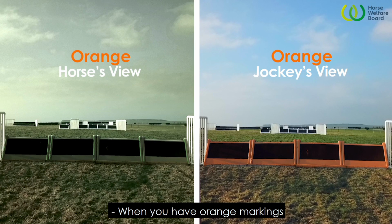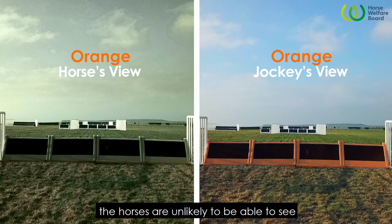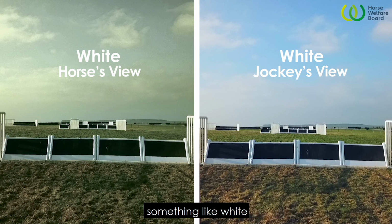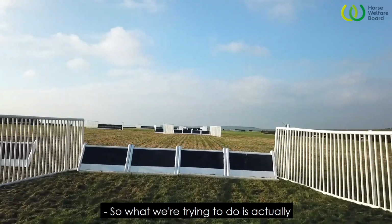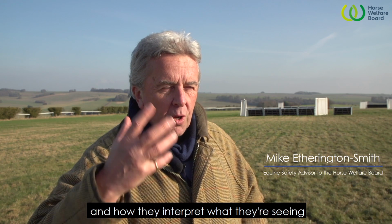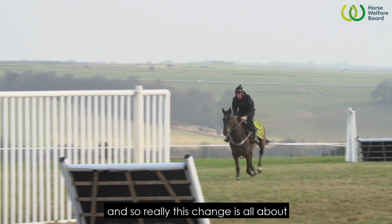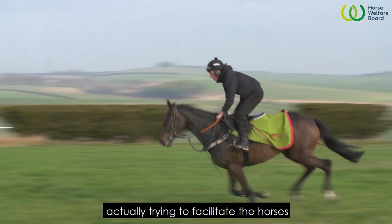When you have orange markings on the fences and the hurdles, the horses are unlikely to be able to see those very effectively against the grass and against the foliage and the brush. On the other hand, if you were to change those into something like white, then those should stand out much more effectively. So what we're trying to do is actually make the fences easier for the horses to see, and we're into depth perception here and how they interpret what they're seeing and process it and therefore perform to the optimum. And so really this change is all about actually trying to facilitate the horses in what we're asking them